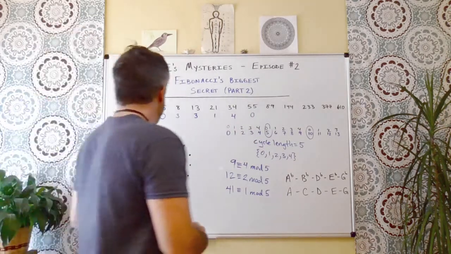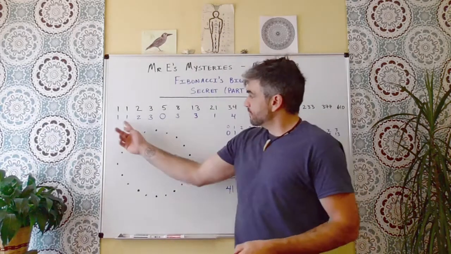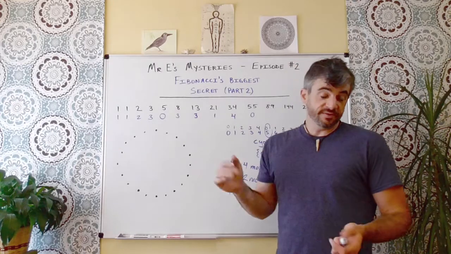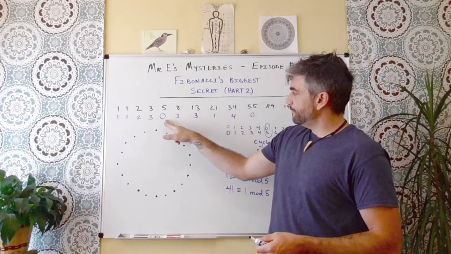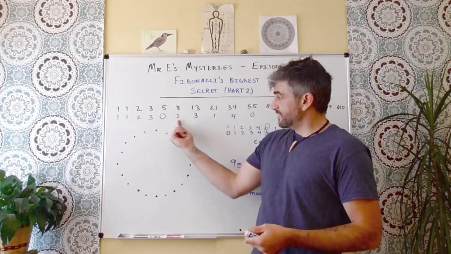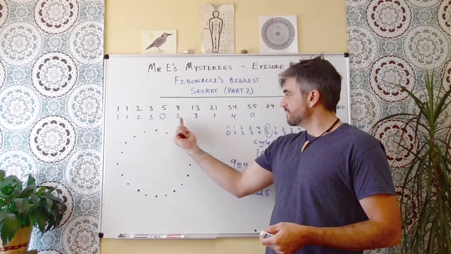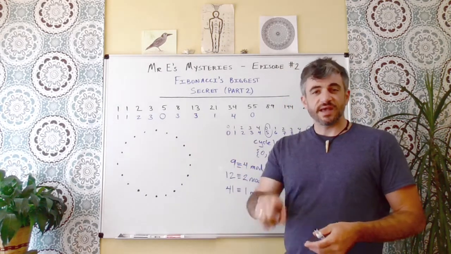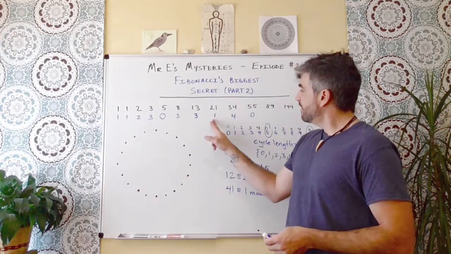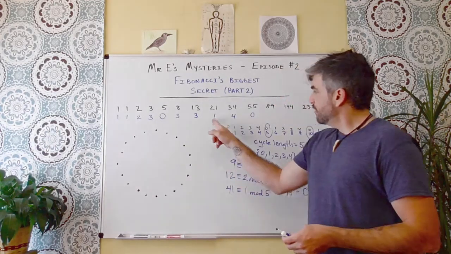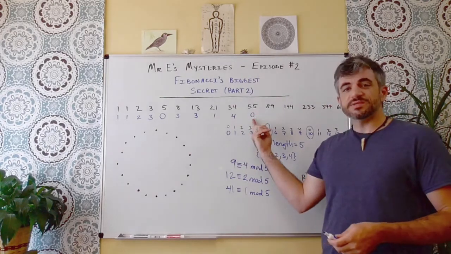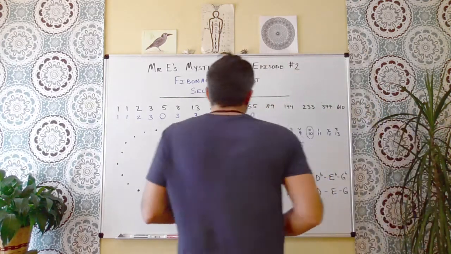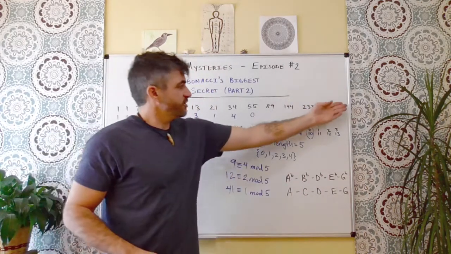So we can actually see that over here at the beginning. 1 plus 1 is 2, obviously. 1 and 2 is 3. 2 and 3 is 5. 5 is divisible by 5, which reduces to 0. Then again, 3 plus 0 is 3, of course. 0 plus 3 is 3. 3 plus 3 is 6, but of course 6 has a remainder of 1 mod 5. 3 plus 1 is 4. 1 plus 4 is 5, which reduces to 0. So we see the recursive definition hold. So let's go ahead and continue with that up to our term 610.